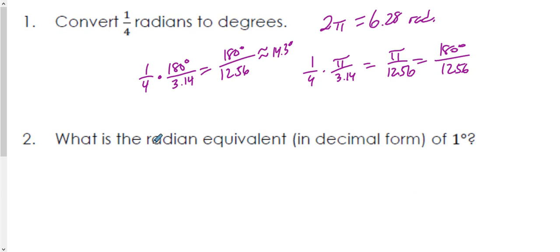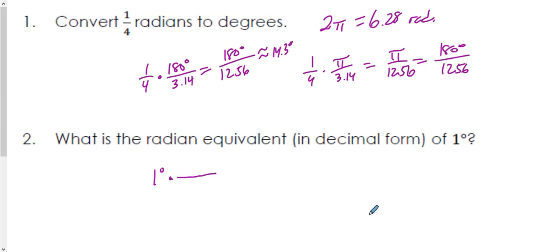All right. So it asks us here, what is the radian equivalent in decimal form of 1 degree? Guys, I want you to think about that. How big is 1 degree? All right, 1 degree is very, very small. It's really not going to take up that much space. Okay, and this is a conversion that we haven't done yet, so it is kind of interesting looking the way that it looks. So again, we have to take this degree version,